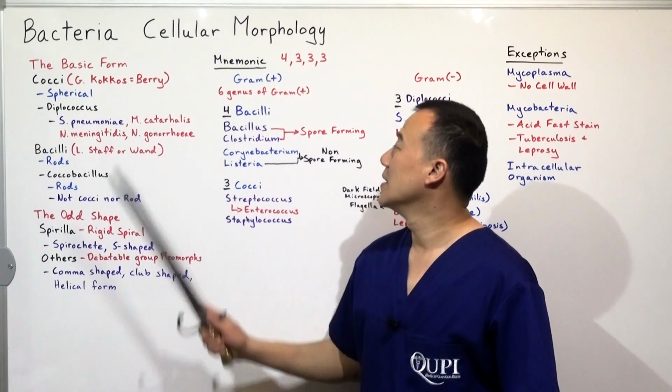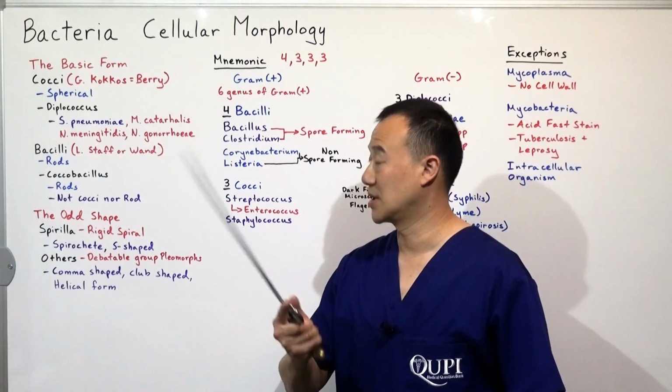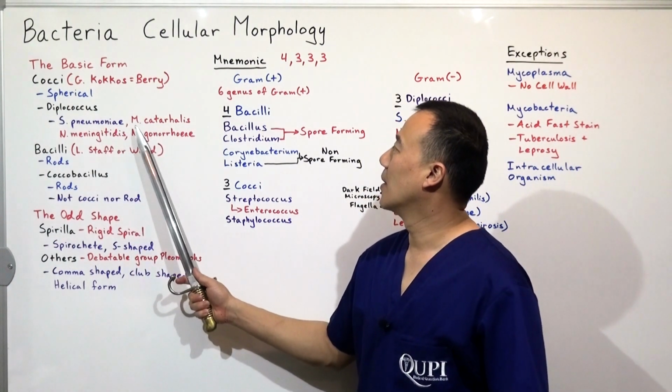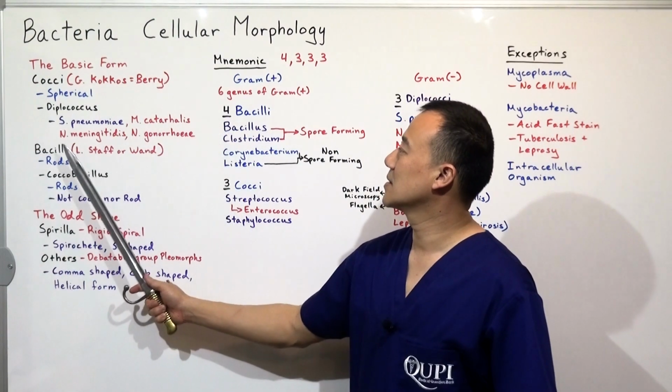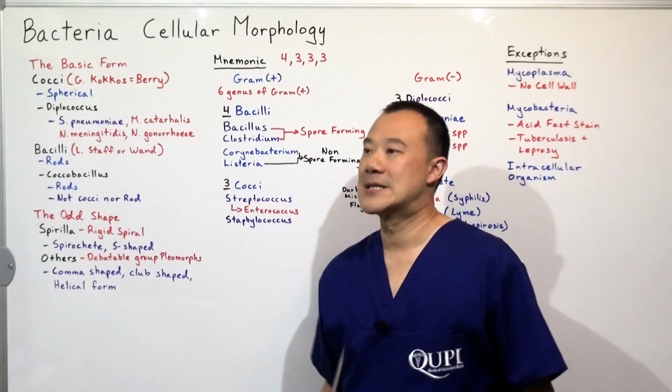Streptococcus pneumoniae is gram positive, and hence purple. And Moraxella catarrhalis, Neisseria meningitidis, and Neisseria gonorrhoeae are